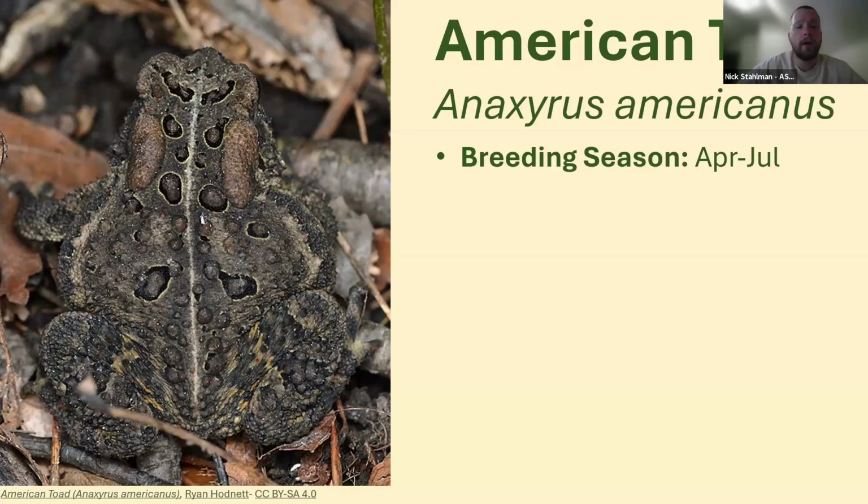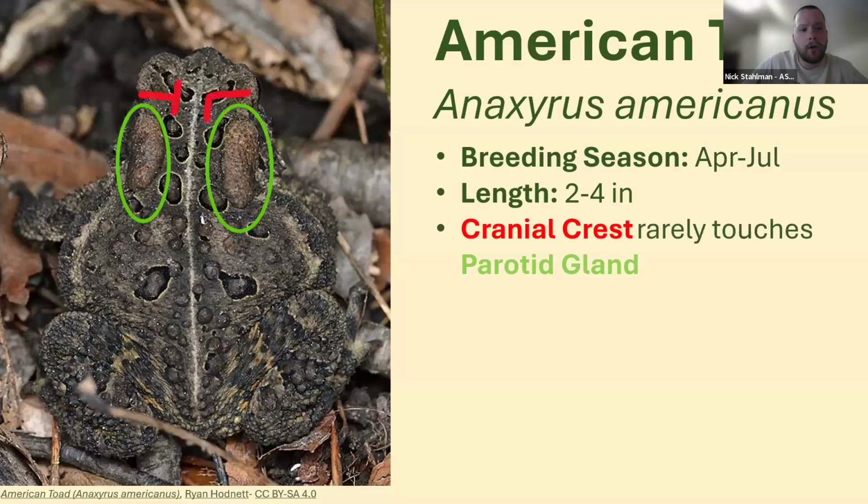In particular, the American toad male will be calling, so they'll be breeding around April through July. Their length is about 2 to 4 inches. And for ID, really, it's that plump shape, the fact that it's probably the one that's going to be furthest away from the water too. And once you really get a look at it, you may want to start taking note of these two structures. So there's going to be a cranial crest, which is a raised angular portion just behind the eyes, and it'll either be kind of L-shaped or a sideways T shape, and they will be just in front of the